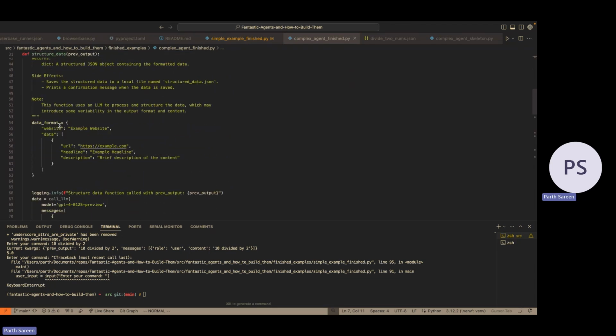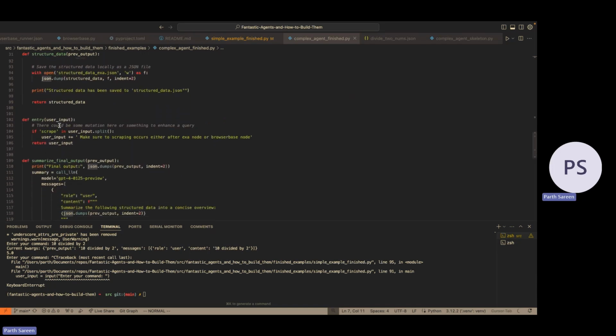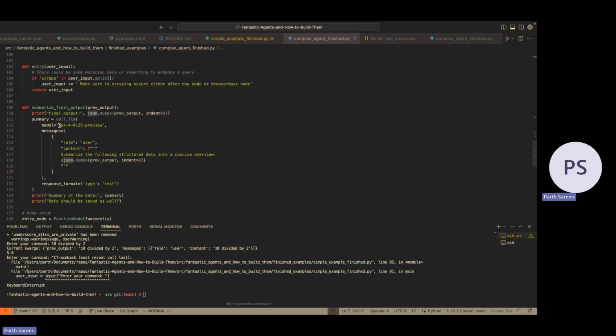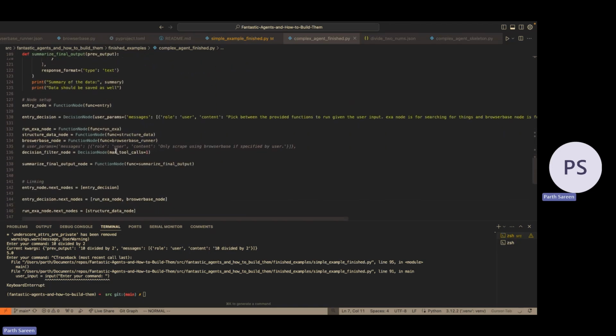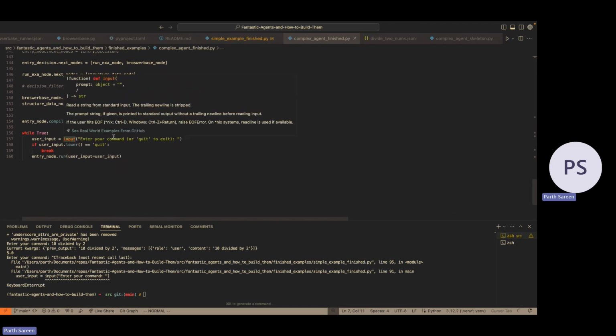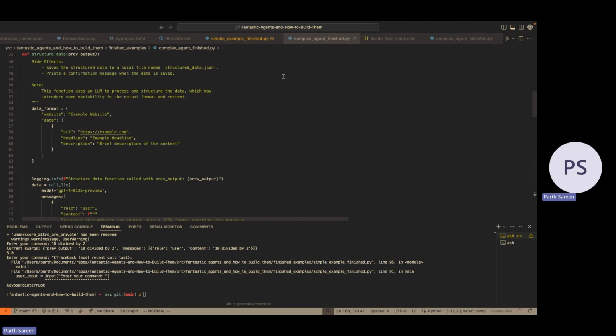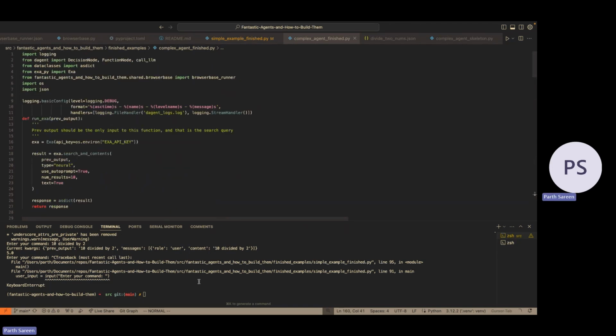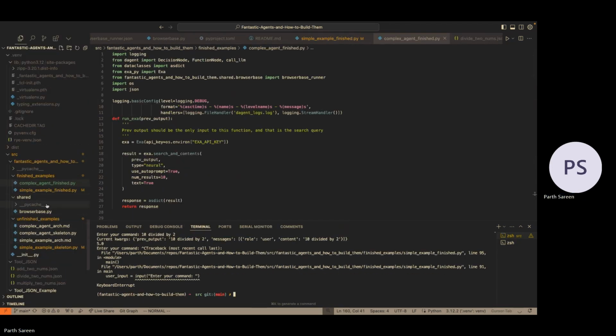I have a structured data function, which does a bunch of different things. Entry, similar to what it was before. And this is where I have an extra mutation to enhance the query. So I was getting poor results, so I decided to add a little extra something into the input. And then we have the summarize final output function. And then same thing, we linked a bunch of the nodes together. And we're running a very similar while loop to get user input. But essentially, if we are to look at what the diagram is,